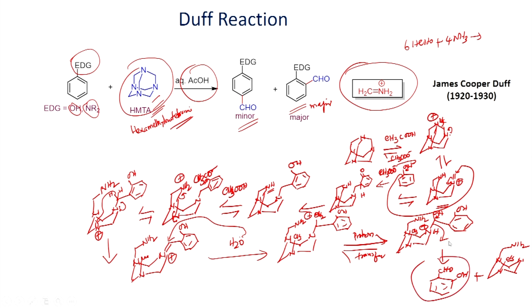So if you look at here, this is a crucial step. The hexamethylenetetramine in the presence of acid and aqueous acid can undergo reaction to produce the iminium ion. Once we form the iminium ion, which can act as an electrophile, it can undergo addition reaction with this aromatic ring to give the iminium ion product.